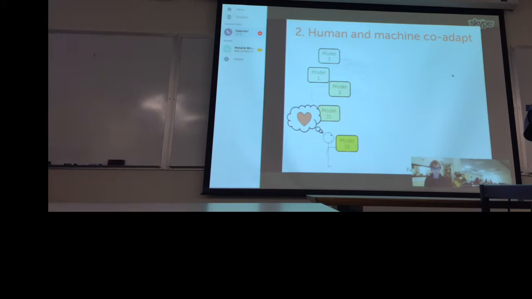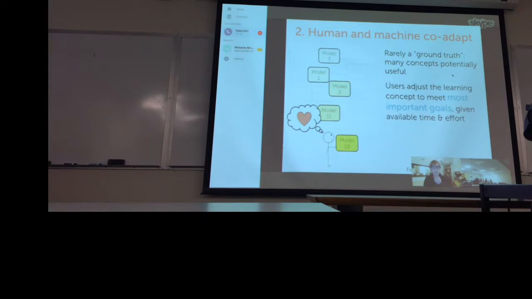So a second important difference between this and a lot of other machine learning applications is that, as the person tries out these different designs, that person is adapting to what they've learned about the design space. And in most machine learning applications, there's this idea of a ground truth, that you have this concept that exists sort of underlying your training data, and your goal is to model that concept as accurately as possible. But here, if you think about building a new musical instrument, there are lots of instruments that you could potentially build, right? Even just thinking about a simple case of classification, you might say, all right, I want to make a